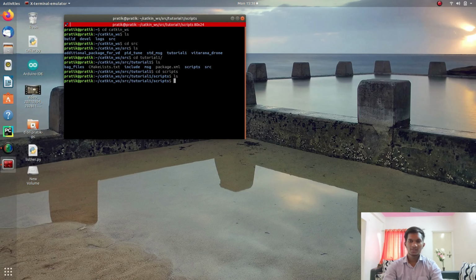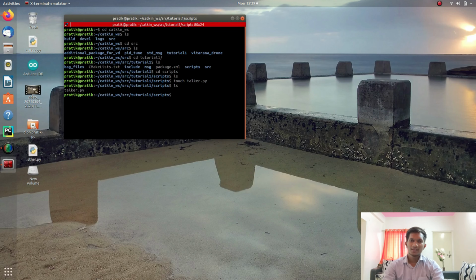So in the scripts we have to make two nodes. So the first node name will be the talker node, and the second will be the listener node. So I'll type touch, and the first node name is talker.py. So okay, I'll press enter and I'll just do ls.